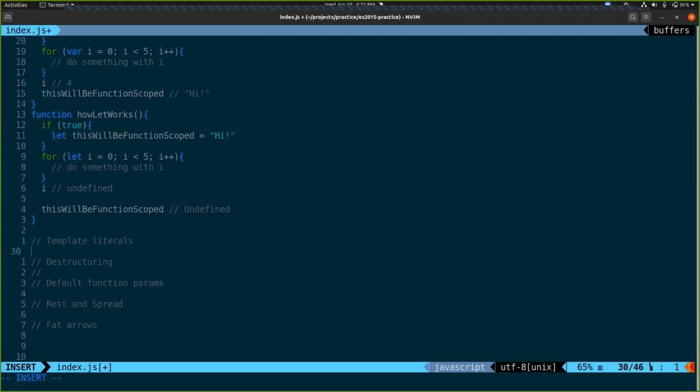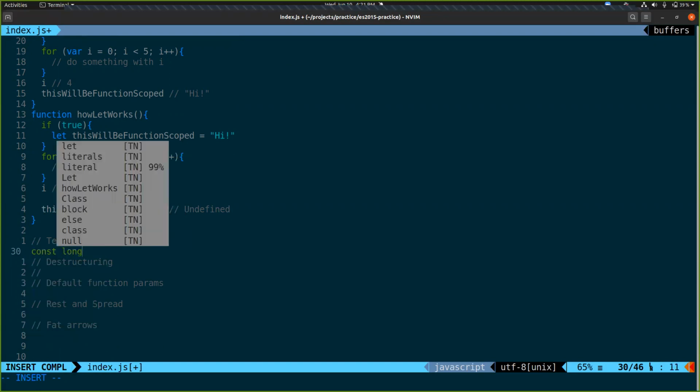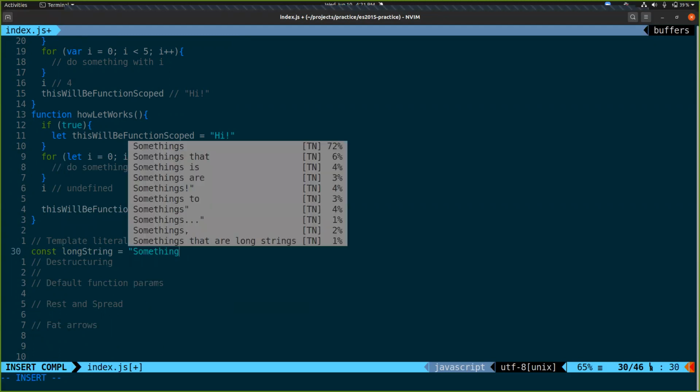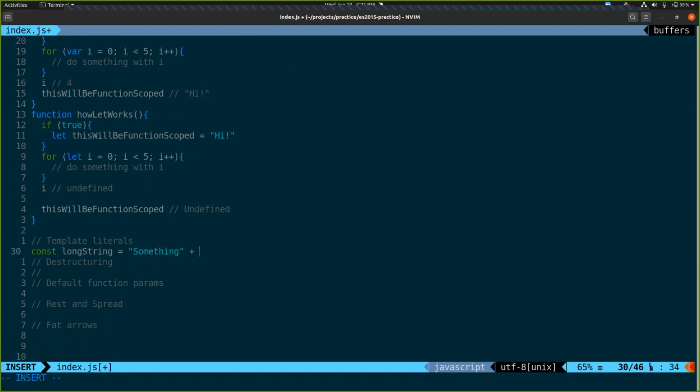Template literals. So once upon a time, people did things like this. Or you'd have to sometimes wrap it with spaces.